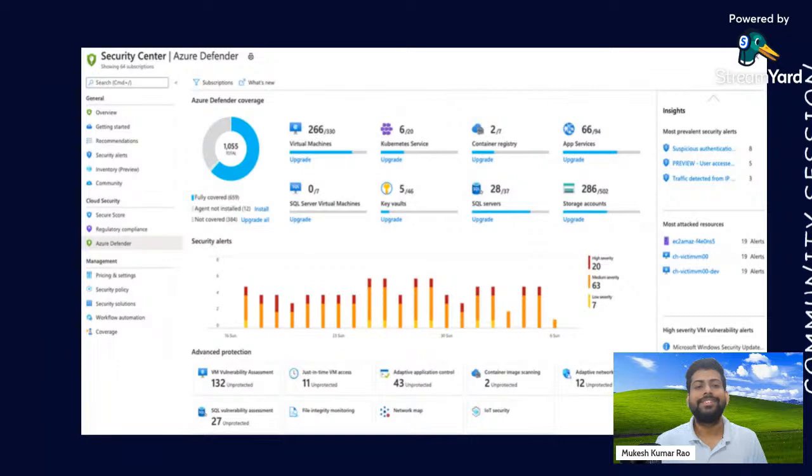Okay, and this is a dashboard of Azure Defender. You can see with some sample data how many virtual machines are running in the compute part, what container services are running, what Kubernetes architecture is running, and any kind of application that is hosted. Then whether the database, SQL Server, is running or not, management of keys and storage accounts, what the performance is, and what protections are going on.